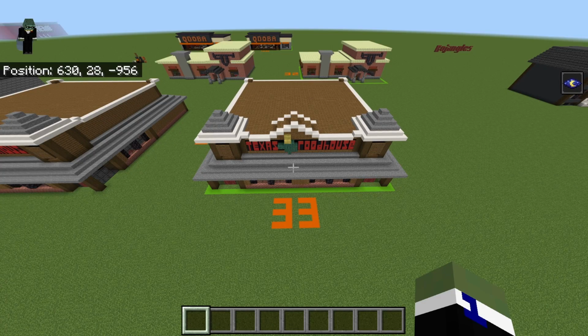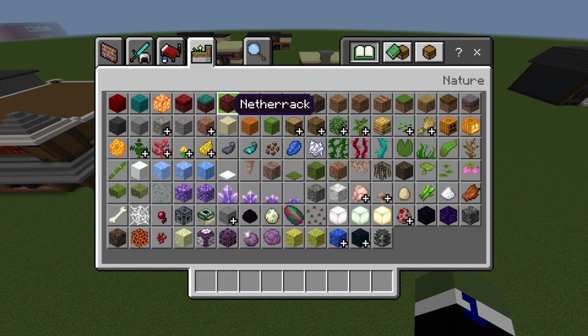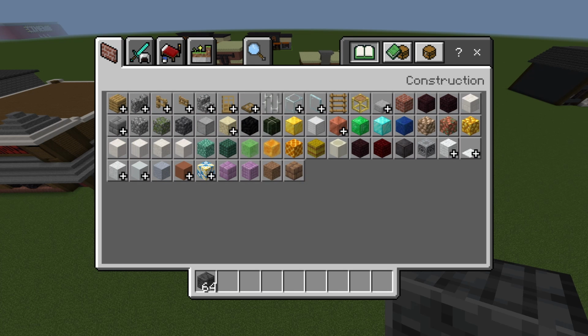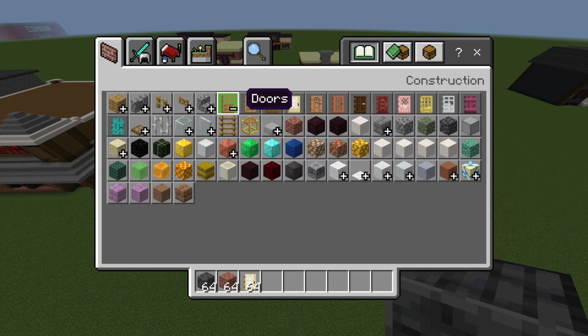Alrighty, so the space you're gonna need for this is, well, you don't actually need any space. All you need is your Texas Roadhouse from probably yesterday, but I don't know. You do need some materials, though, and the ones you want to start off are polished deep slate, brick block, birch door, jungle door,